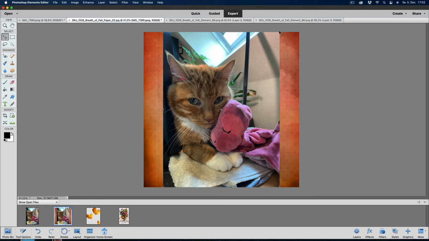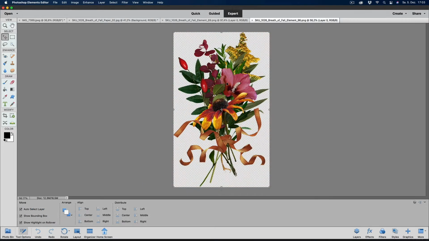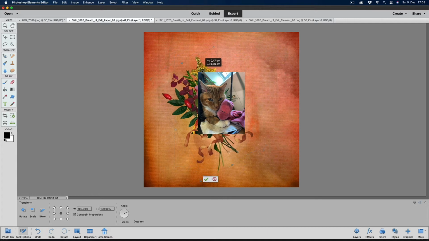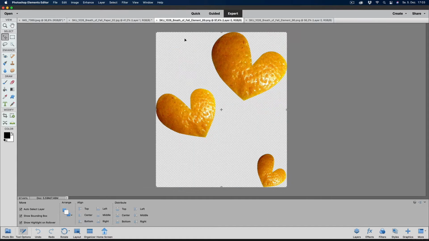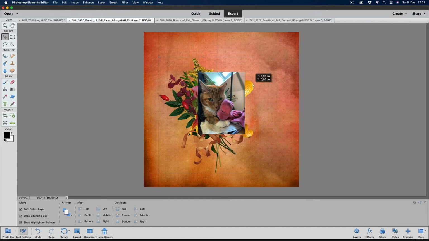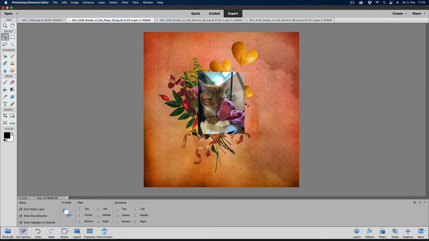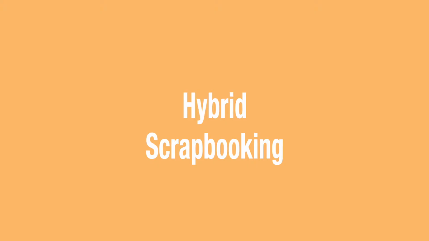So you have a graphic program like Photoshop Elements, or you use GIMP, or you can even use your Pages or Word program, and you just drag and drop in different elements and papers and of course your photos, and then you have a scrapbooking layer. You can do that, of course, but most of us want to have something in our hands. And here is where hybrid scrapbooking comes into play.